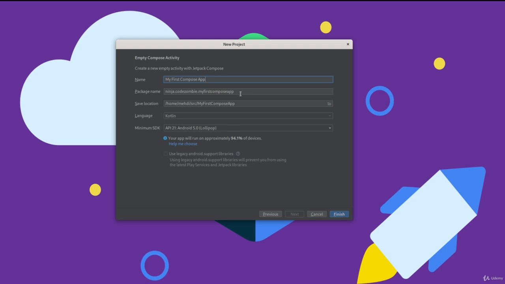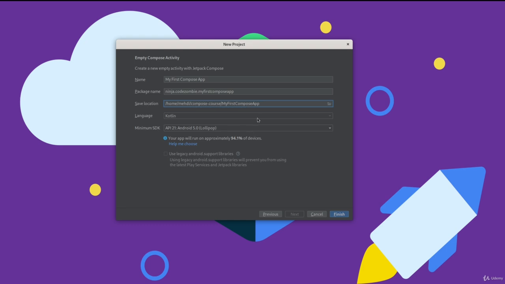You can name it, for example, com.example.myapp or something similar. And then for the save location, I save the project in the directory for this course. So I'm going to edit this to compose